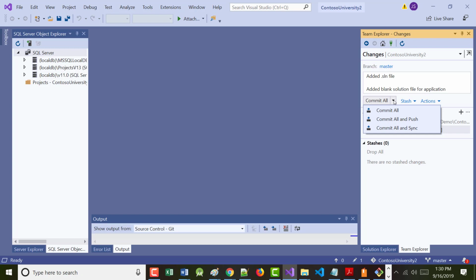The first one says commit all, which will take everything I just put into my area there and commit it. But it'll commit it just on this machine. If I do that, then a button's going to come up over here that tells me I have to sync to get it to go back to the other one that's on github.com. If I want the system to both commit everything and sync it, I can choose this one. All right? If I want it to come in and do all that and push it, I can do this one.